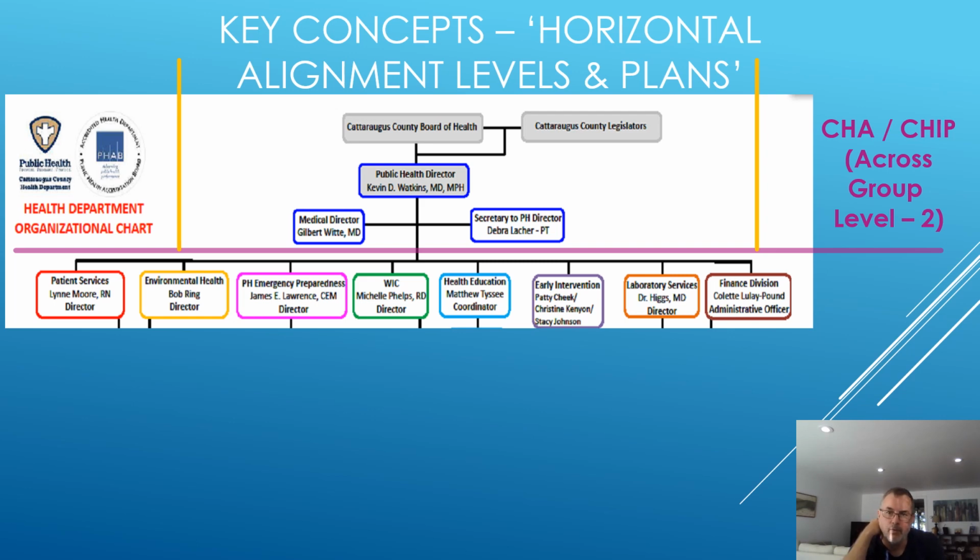Now you might be thinking, well, I don't do a whole lot of chart and chip work, and you might do a little in your program or you might not. Where's level 2 for me? Well, level 2 for you might be kind of up at the state level with those core functions, right? The state is kind of the unfunded mandates, right? The state has kind of determined what some of these things are going to be, and they've set up programs to do that. So in some ways, the state has taken care of some of this